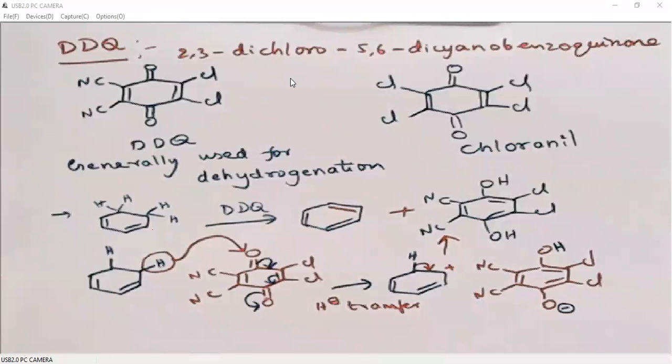So this is how we can oxidize and generate a double bond by taking two protons or two hydrogens from adjacent atoms. They may be both carbons, or one may be carbon and another may be oxygen. It depends. So in DDQ oxidation, the first step is hydride transfer, where we are generating a carbocation. Then the DDQ will pick up the proton. The bonding electrons in the carbon-hydrogen bond will be polarized towards the positive charge, so we are generating a carbon-carbon double bond.